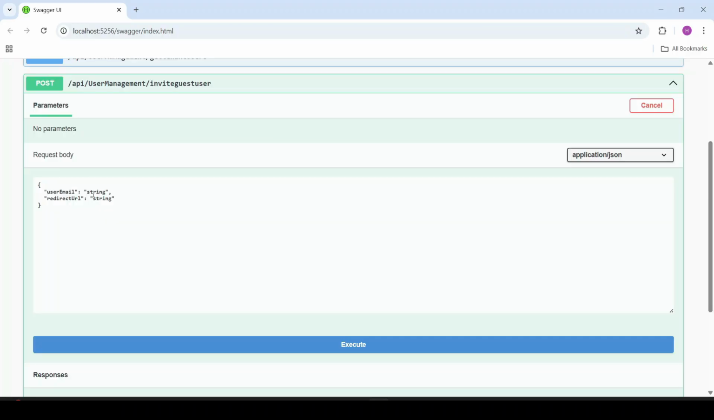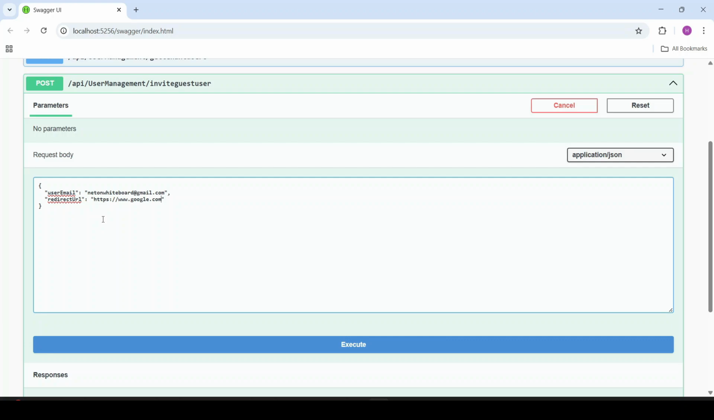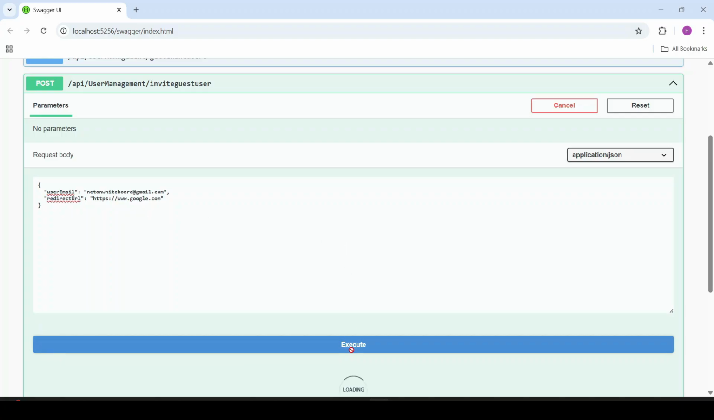And now here I will say invite this user, that is netonwhiteboard@gmail.com, and guys, redirect URL. As of now I am saying google.com, but in the real world it will be the URL of your application, that is where you want the user to be redirected when he accepts that invitation. So here I will say execute,